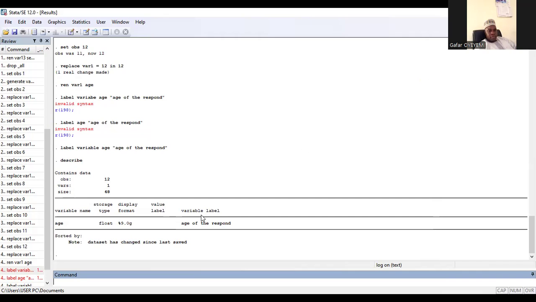So we can look at how we now create a new variable from an existing variable. So when we have a variable, all this we are going through is what we call data editing and management. You see that you have not begun the analysis itself. We are just editing our data, managing our data, or we are preparing our data for actual statistical